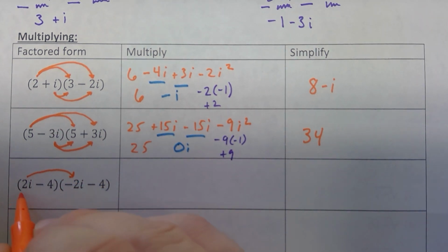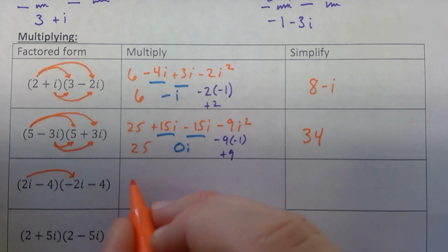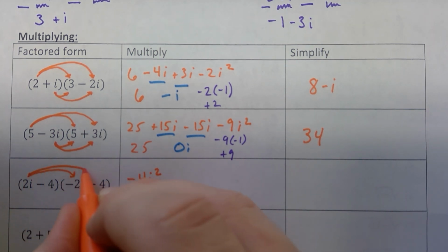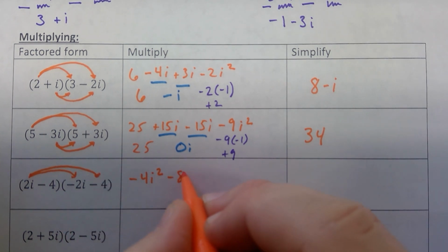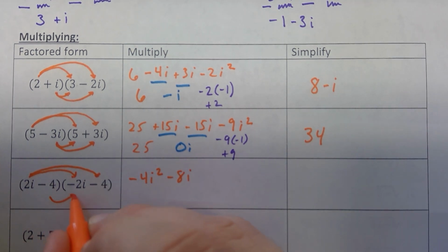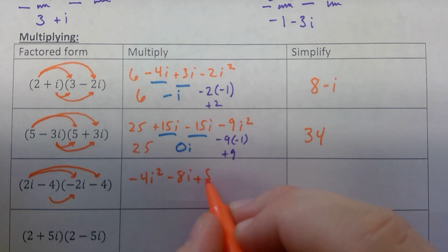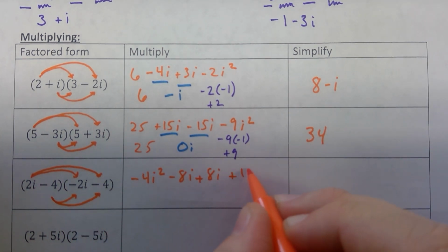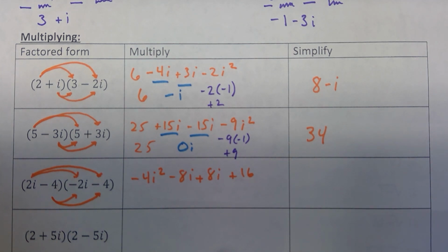I like it. 2i times -2i is going to be -4i squared. 2i times -4 is -8i. -4 times -2i is positive 8i. -4 times -4 is positive 16. Okay. Once again,